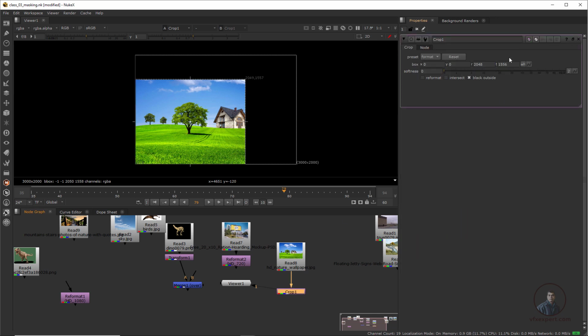Double click on our Crop here. I want to crop this image to 1920 1080 or 1280 720. First we have to click this width and height, so now this will allow it. Now you can type your exact frame size value, maybe 1920 1080.